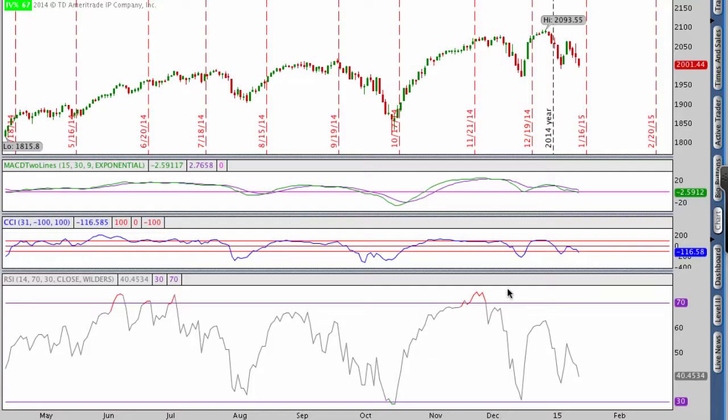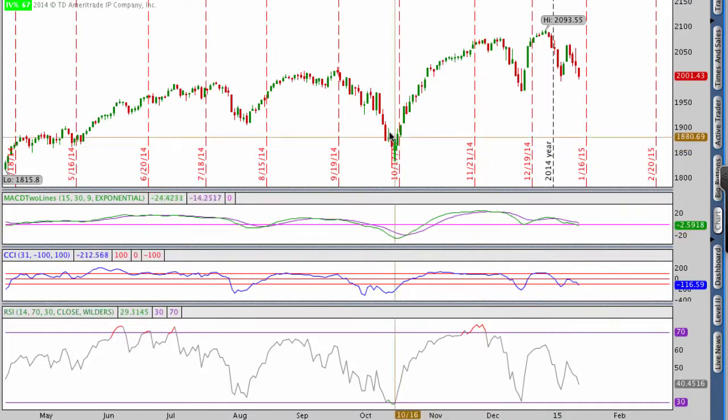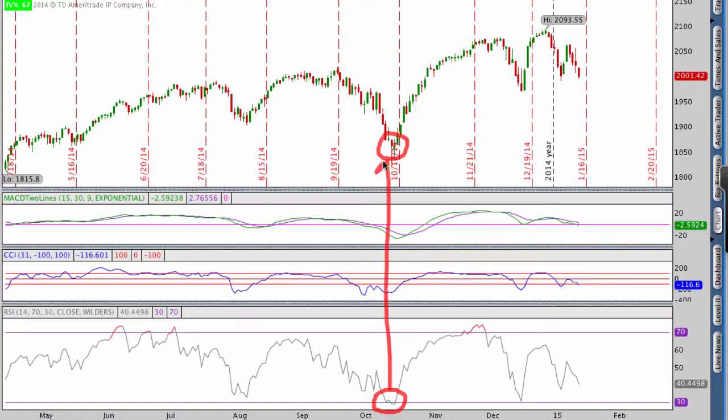Now when we look back in time again with CCI and MACD, and let me just try to smush these down just a little bit. Here's the look at the S&P 500. You can see that we did get a reading all the way down here on RSI below 30, which ended up being almost a perfect buy on the market because stocks really bottomed out from that point and continued to